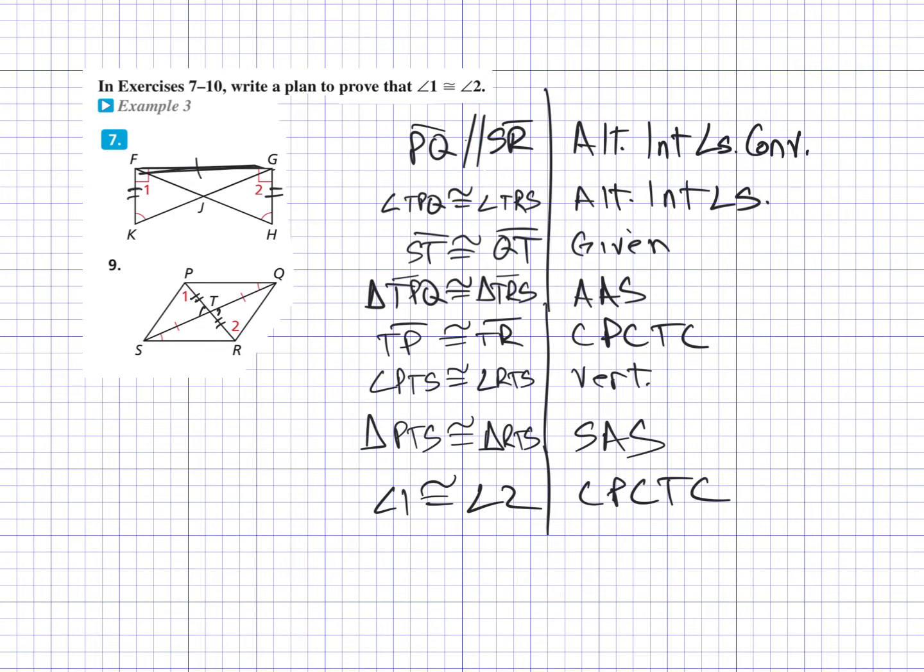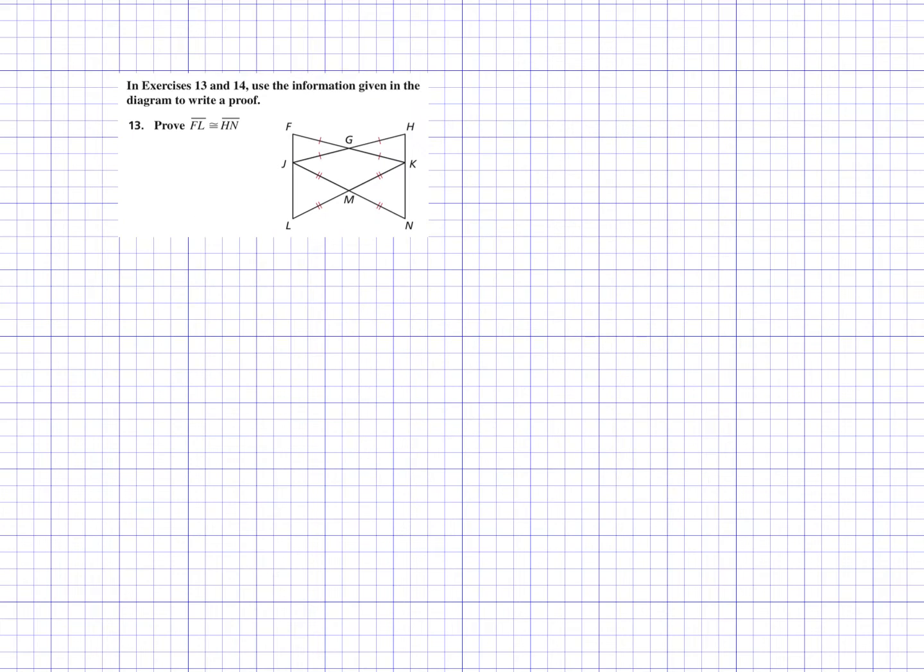So you just have to keep whittling it down until you have all the parts you need. Okay, so FL is congruent to HN. That's what we're trying to prove. FL is congruent to HN. Well, I see